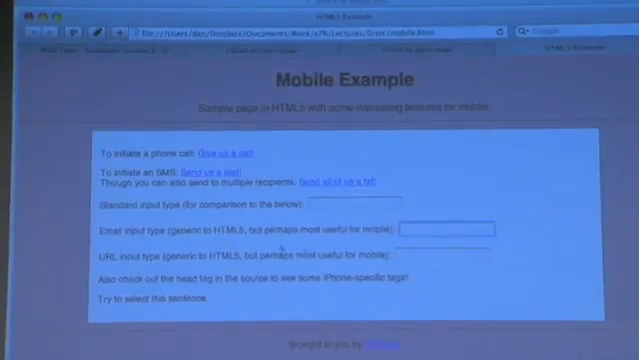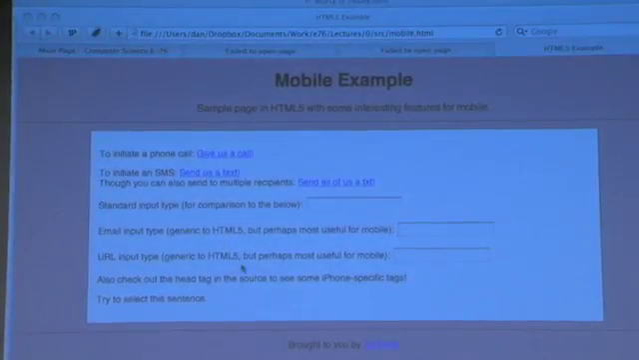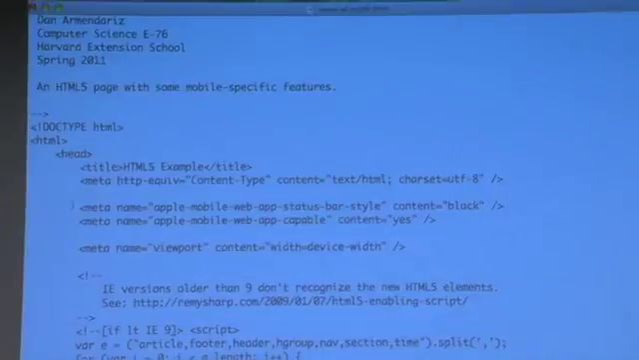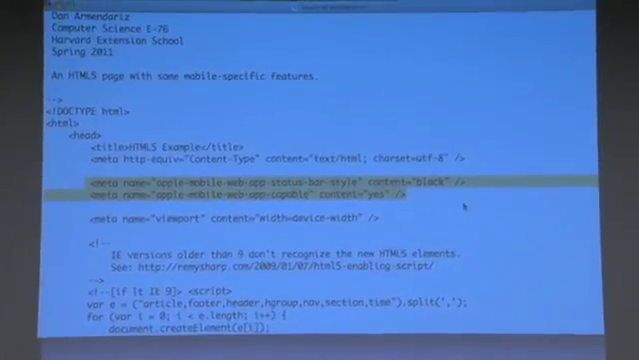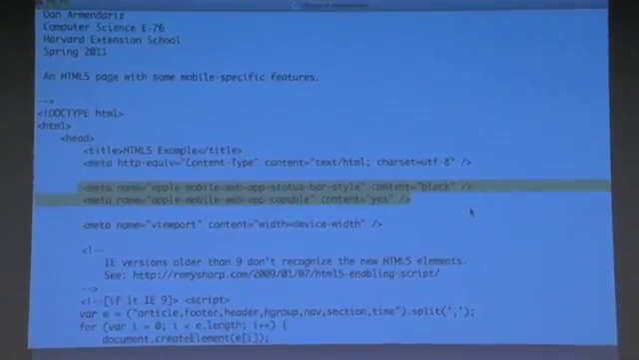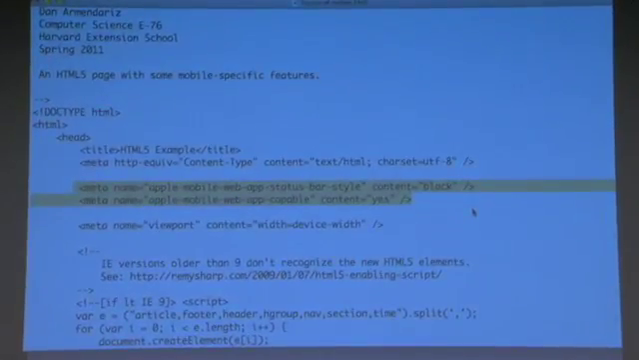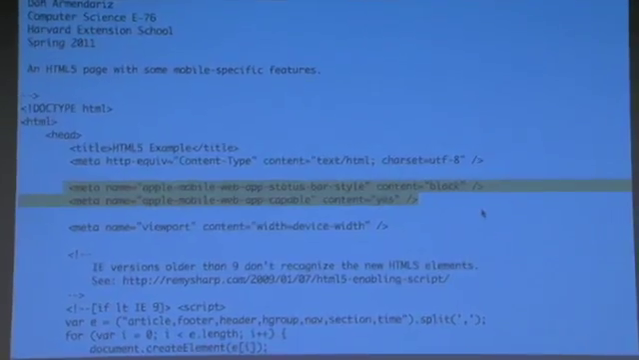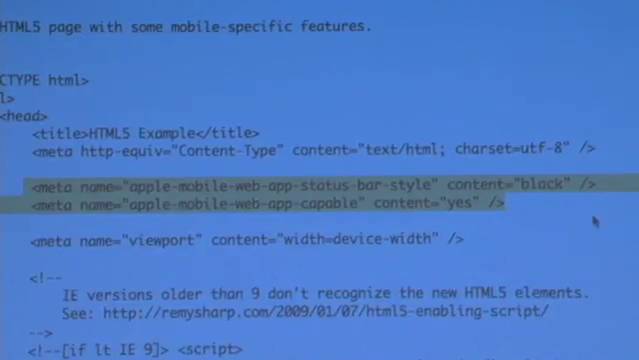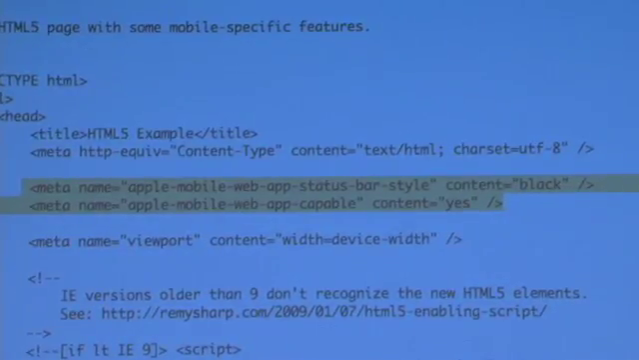Now, there's a couple of other things as well. For example, we have a couple of interesting tags at the very top. So, for example, we have added some meta tags to the head element of this web page. We can see that we have Apple Mobile Web App status bar style is set to black, and Apple Mobile Web App capable is yes. And what this means is that this actually allows your web app to be placed on the home screen of a user. So if we have something that looks like this,